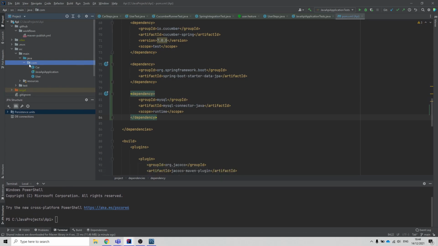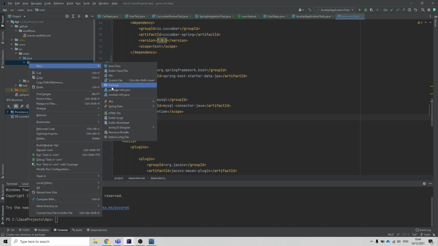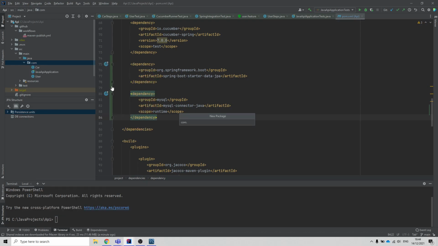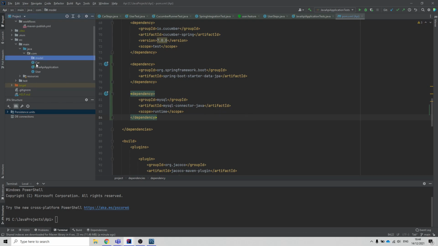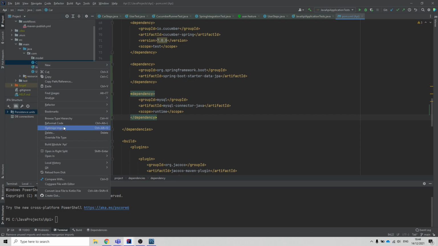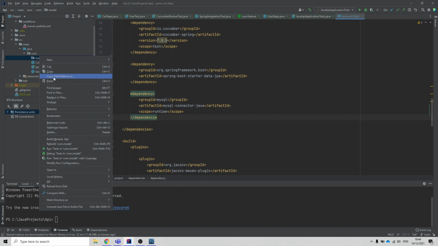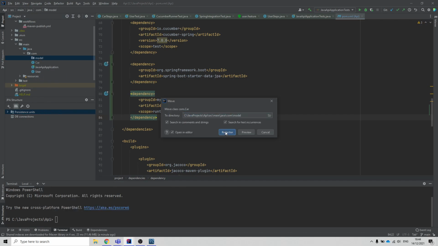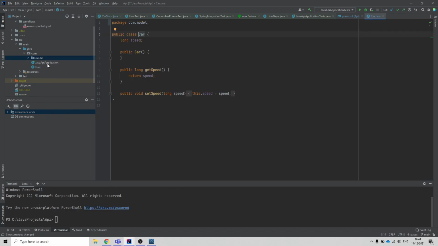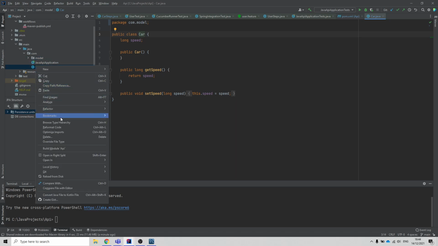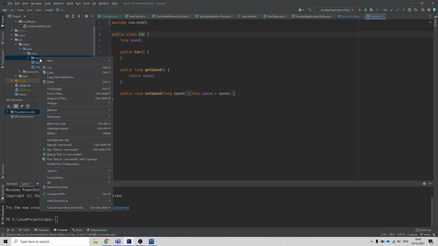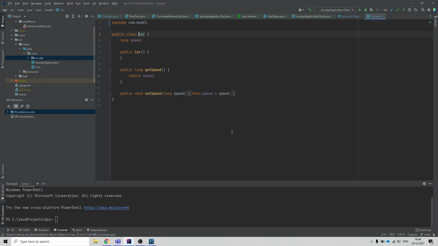So first of all, I'm gonna add a new package called model. I'm gonna move car over there, so just cut and paste, and I'll do exactly the same for user. Okay,